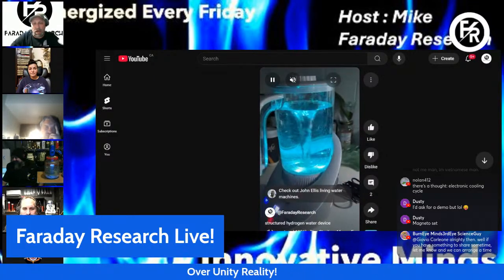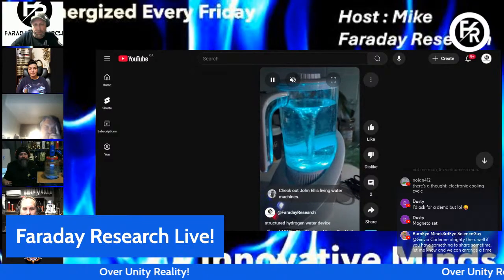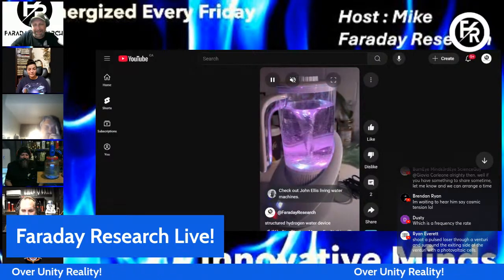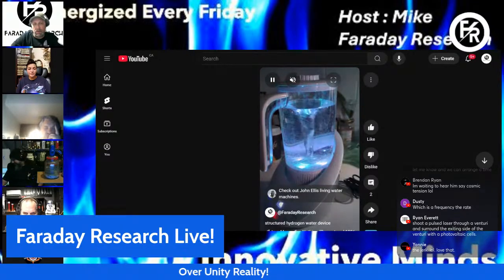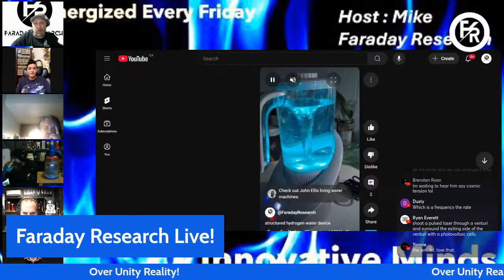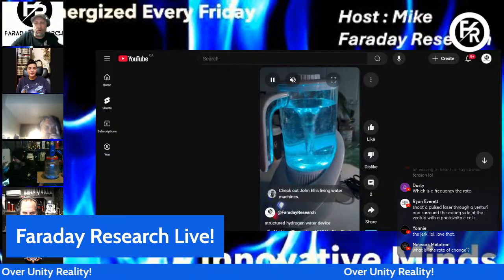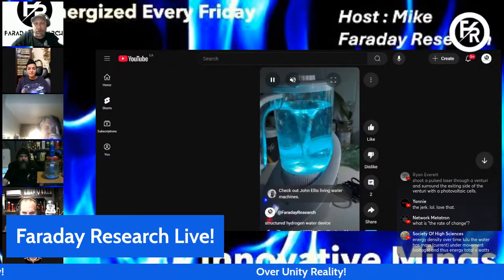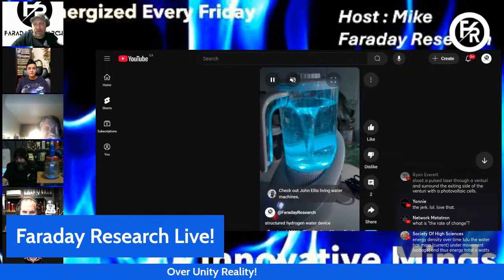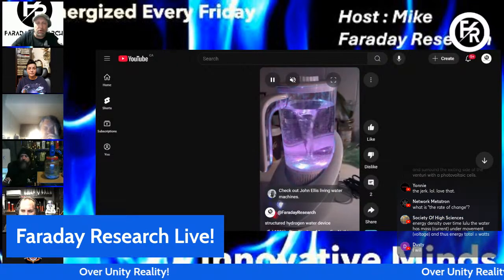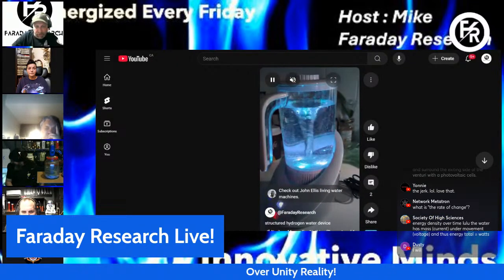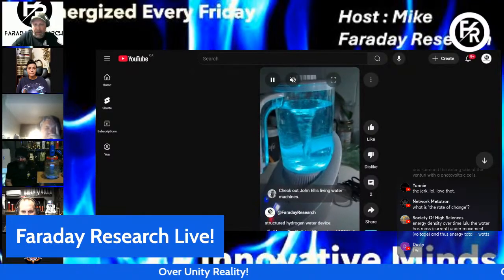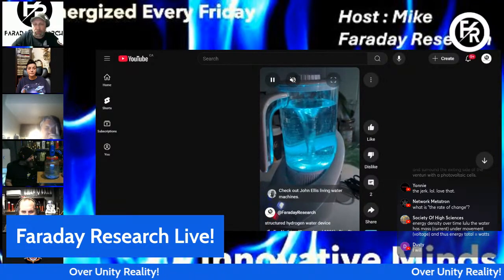So it's infusing the hydrogen. Maybe I should play the guitar for us. Nah, I want to do that. That's pretty. Yep. And it's got three different modes. One that just does hydrogen, and then the other one does this, the spinning and the hydrogen, and then it's also got a cleaning mode as well. And at the bottom, there's a calcium filter. So if you have hard water, this will get rid of the hard water.